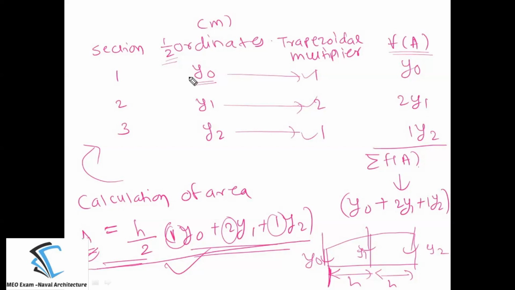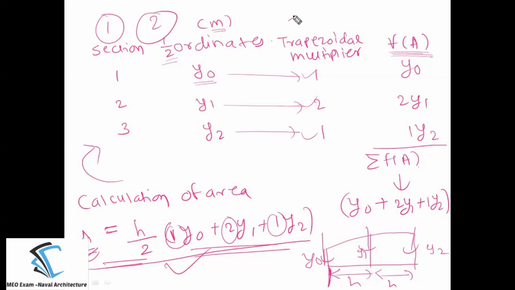Suppose these ordinates are a length quantity, I have written in meters. If your ordinates are a length quantity, you can write that this will be a function of area. If the ordinates are areas, it will become a function of volume. Now in this case, I have taken the ordinates as a length. It is in meter, centimeter, kilometer, like that. So it will be a function of area. So what is this function of area? Function of area, I will give the column number now.